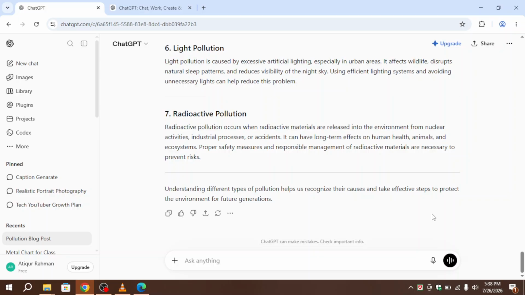writing. With clear prompts, thoughtful revisions, and a final review, you can create high-quality content much faster while keeping your